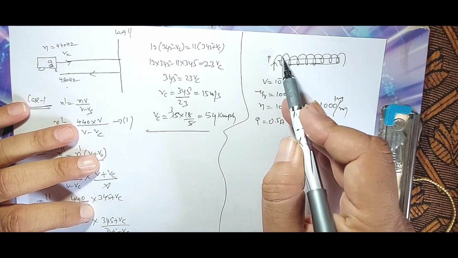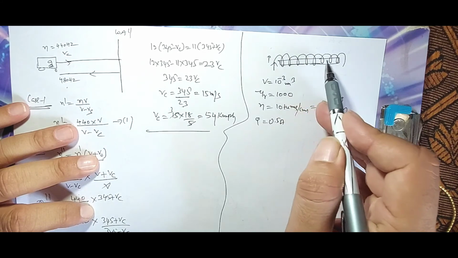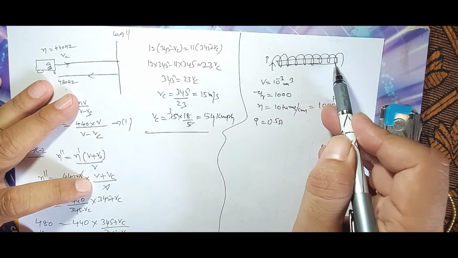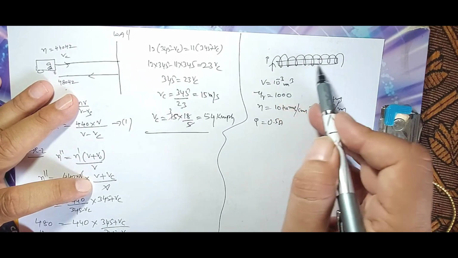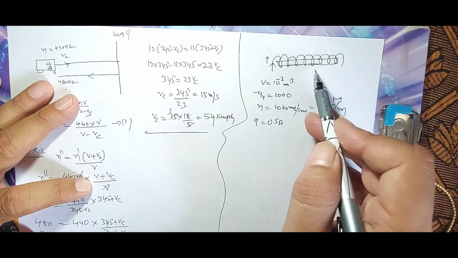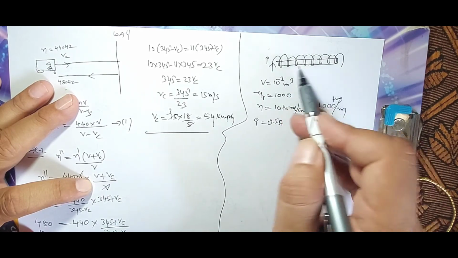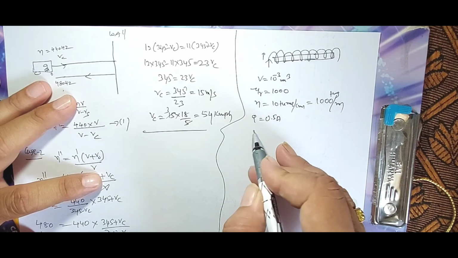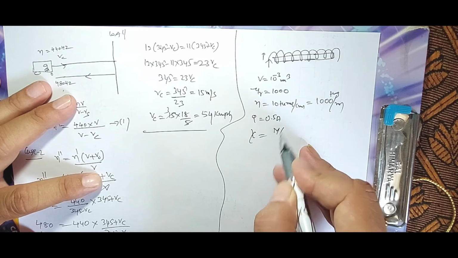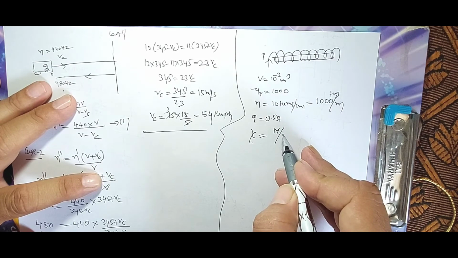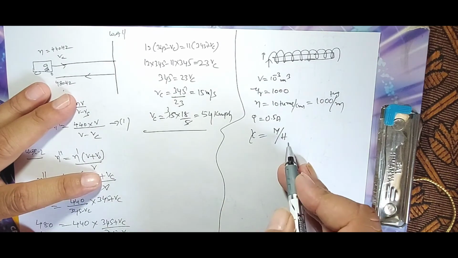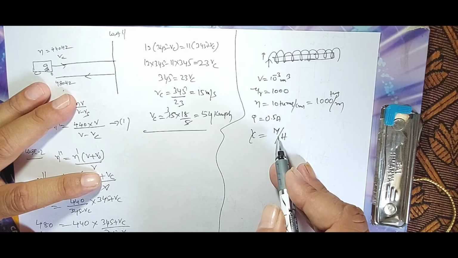Whenever the current is passing through the solenoid, a magnetic field is developed by the solenoid. So, this is a ferromagnetic material. This ferromagnetic material, the iron rod, is placed inside a solenoid so that it becomes a magnet. Now, we want to find out the magnetic moment of that iron rod. We know the formula, susceptibility is equal to magnetization by magnetic field intensity, where H is the magnetic field intensity, M is the magnetization.